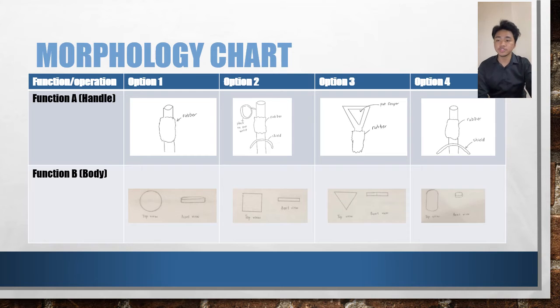Next, morphological chart. For function A, we put there as handle. Handle is the place where we hold our product. Function B is the body, which is the body of our compact grass cutting machine.